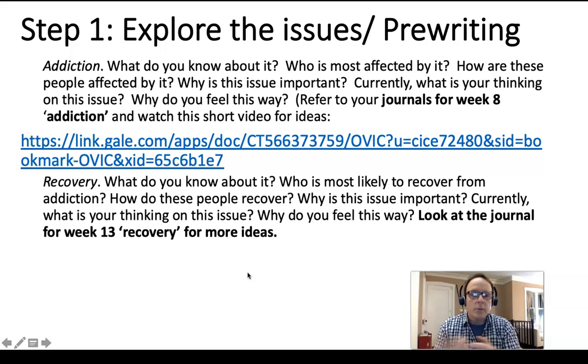And here's sort of how you might approach this. If you look at the essay assignment that's posted in Blackboard now under our week 13 folder, you'll see these different parts as you read through the assignment. You might remember earlier in the semester we talked about the writing process. So to get you started with pre-writing, here's a little bit of information you could write about: what is addiction. And if you watch this short video again for ideas, that could help.